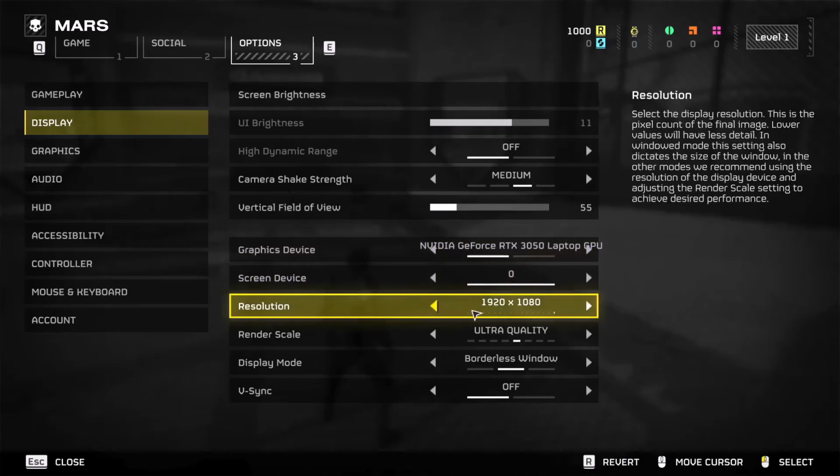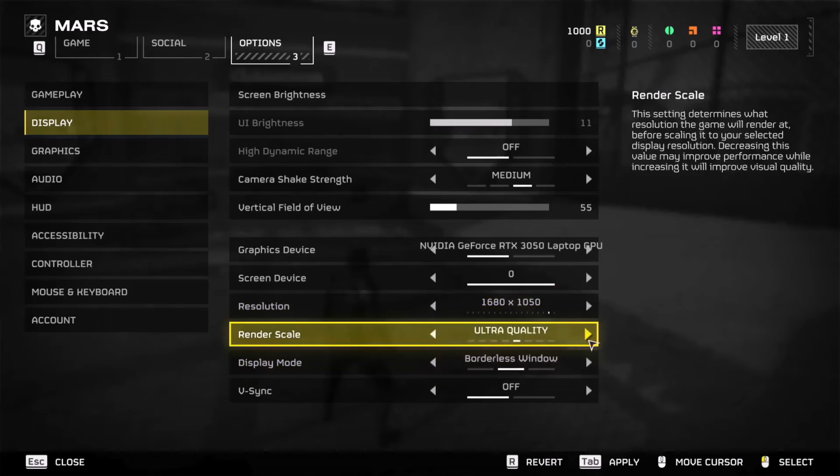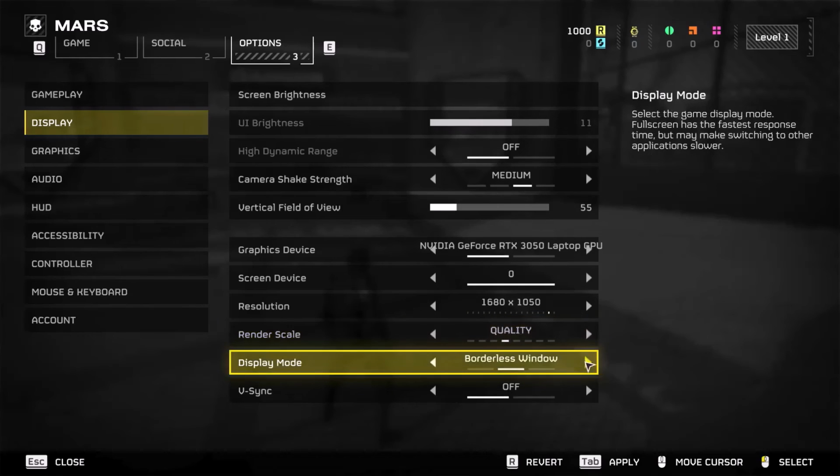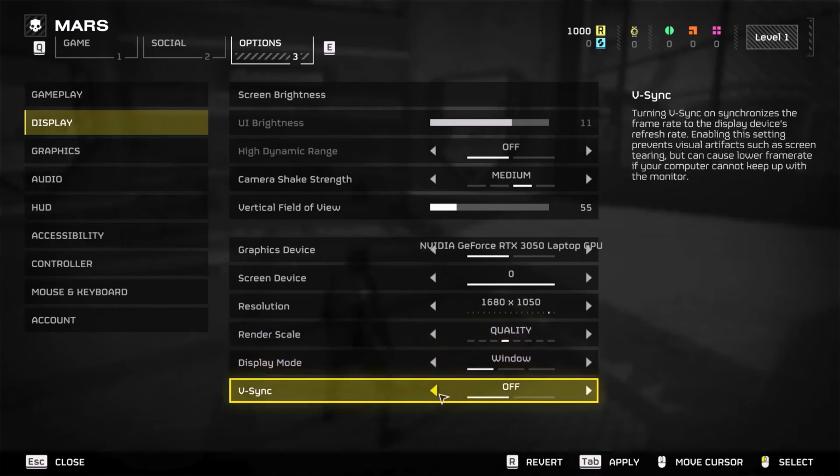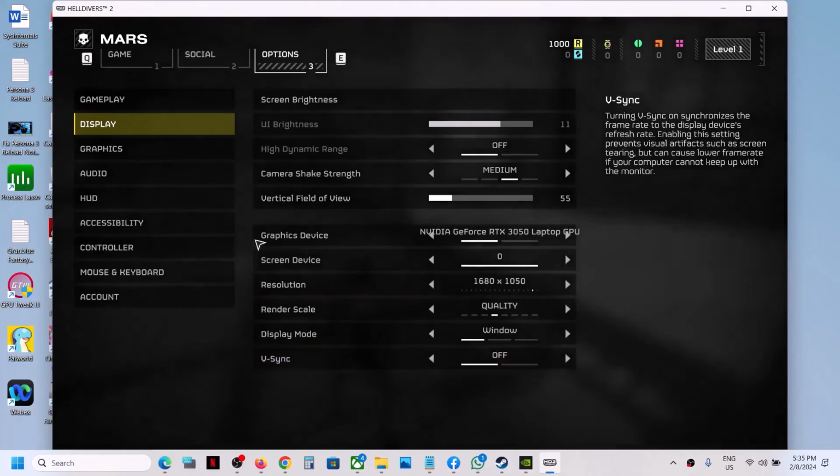Now over here, if the resolution is set to 4K, you can try 1920 into 1080p. You can even lower down more. Now if render scale is set to ultra quality, you can set it to quality. I will set it to quality over here, and you can switch to window mode. Turn off VSync. So if the VSync is on, turn it off, and then apply the settings, and then go